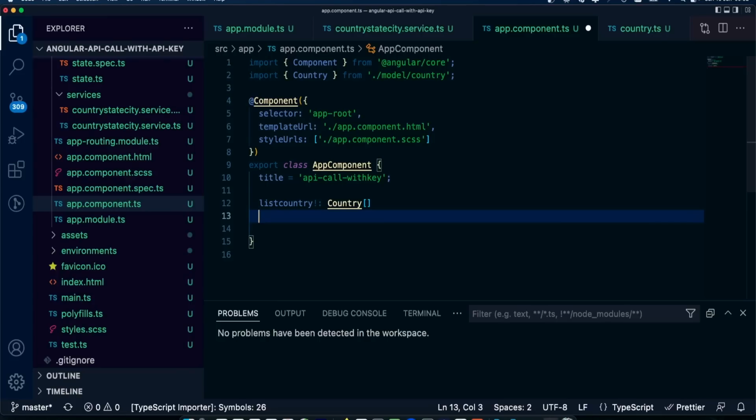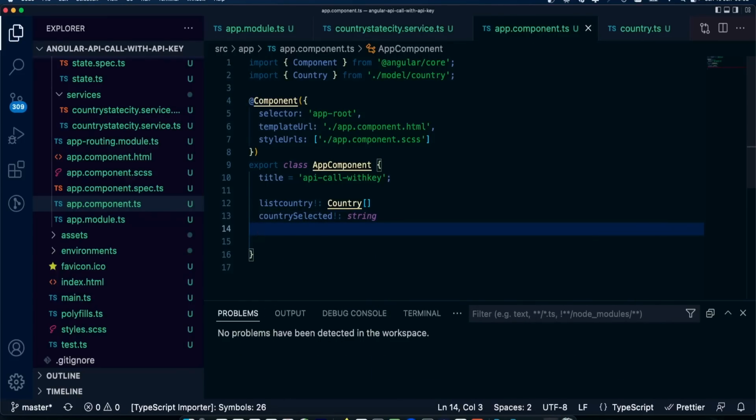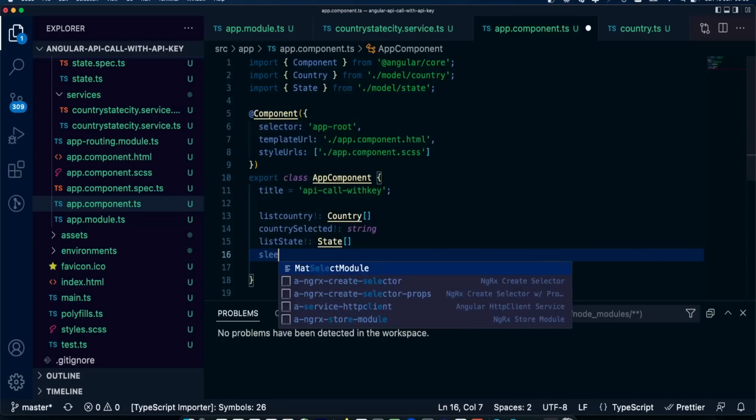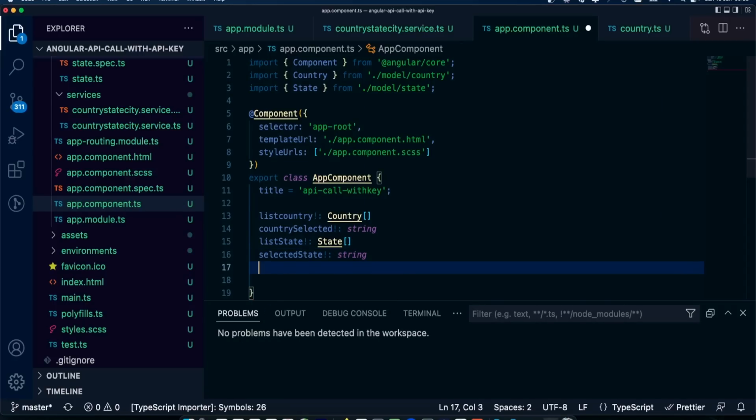So this will be country selected. So here I'm going to also create variables for state and for city. Now when you select a state, we also want to pick that selection, that state that you selected. So this will be selected state. And lastly, we want to list the city.